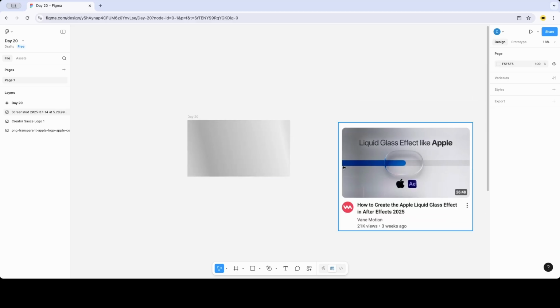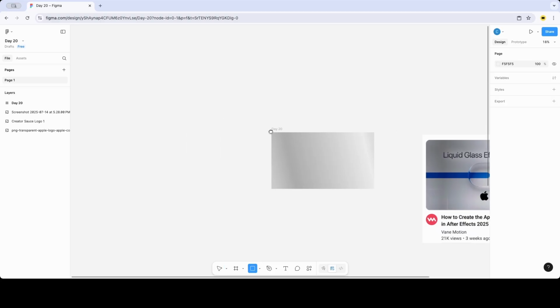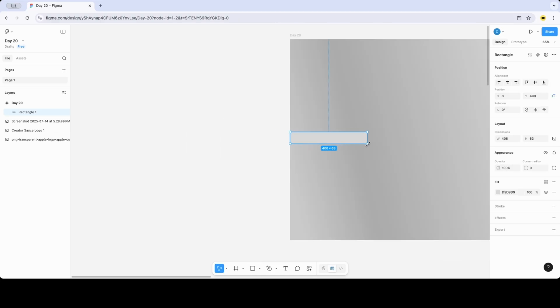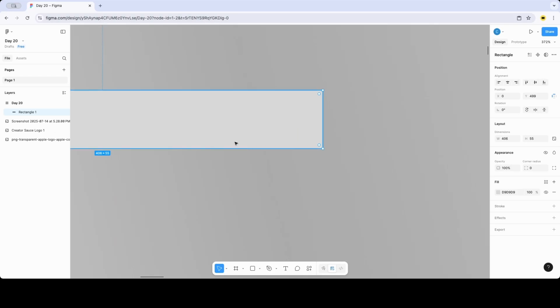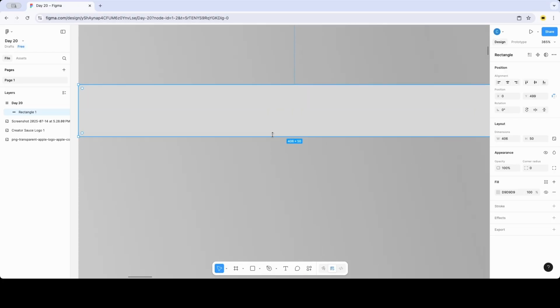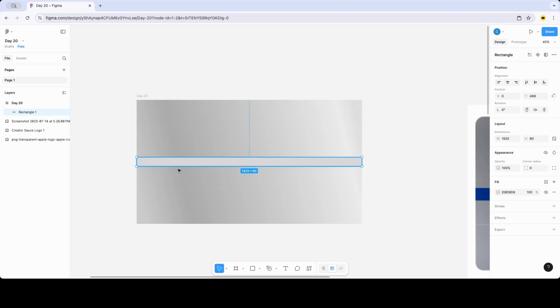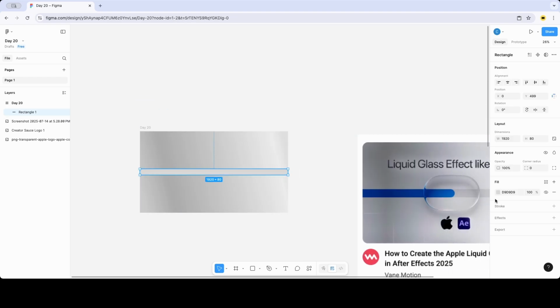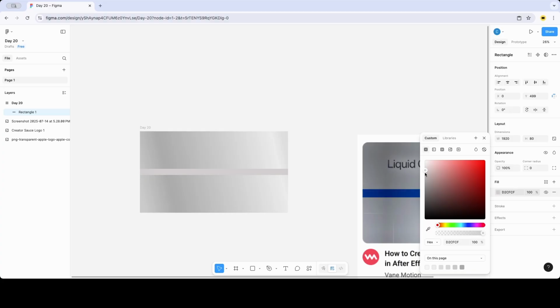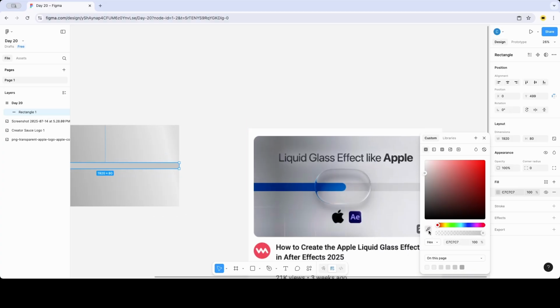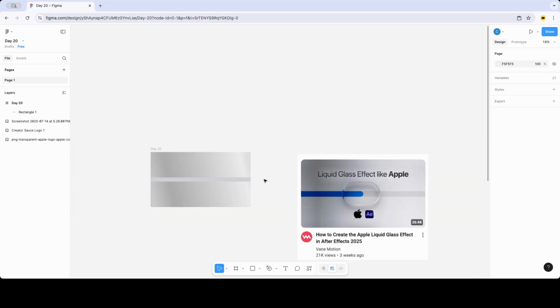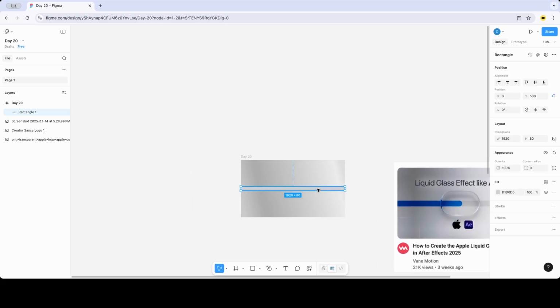Let's make this loading bar. I'll make a rectangle. The height should be mainly 50 pixels. Or maybe let's make it bigger so that it's observable. 180. And let's make it 1920. And I'll make it a little bit darker. Or let's just select this. Okay. Now I'll copy the same rectangle